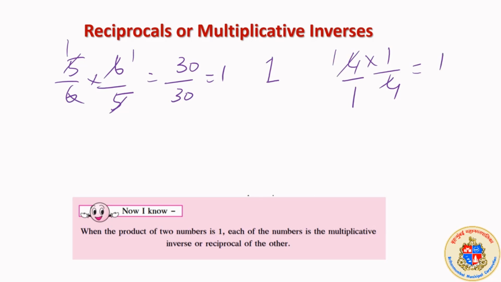Understood? So this you should keep in mind, what is meant by reciprocal or multiplicative inverse. When we do multiplication, if you multiply with reciprocal, you will get the answer 1. Please remember that. 71 upon 3 from your textbook, 3 upon 71, and it is equal to 1. So reciprocal or multiplicative inverse means you will write the denominator to numerator, and numerator to denominator. The multiplicative inverse you got. Very simple. We require this. That you will come to know now.